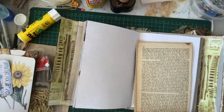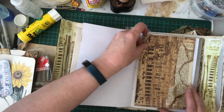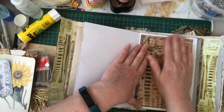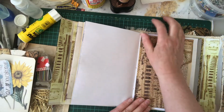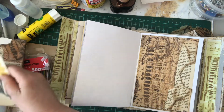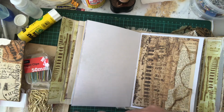I think I'd better come up with a story to tell, because it's pretty self-explanatory, putting glue on the back of the thing and sticking it in. Right, there's the Colosseum. Don't have a story. Do I have an Italian story? Well, I don't really, except the only Italian story of late that I could talk about is that I needed, here we've got